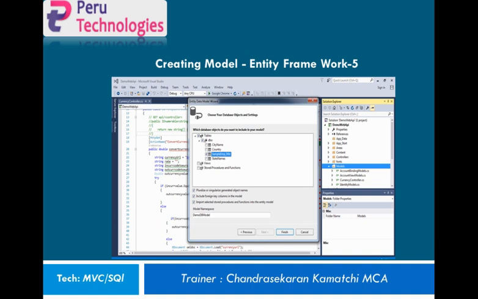Finally, below that, DemoDB Model1 is the name. It means we are going to create one entity set in Entity Framework. It will automatically create DemoDBEntities. Next, click the Finish button. It will automatically